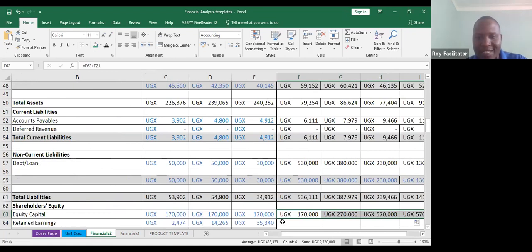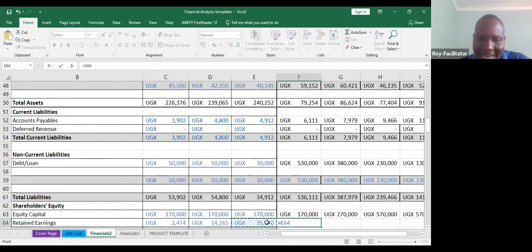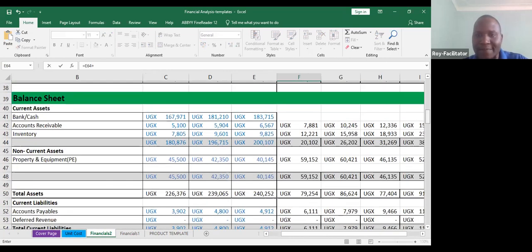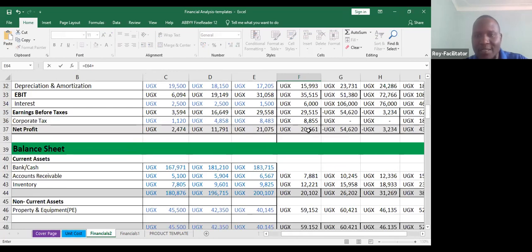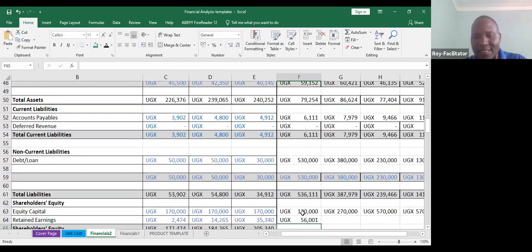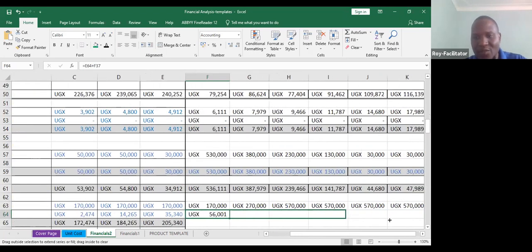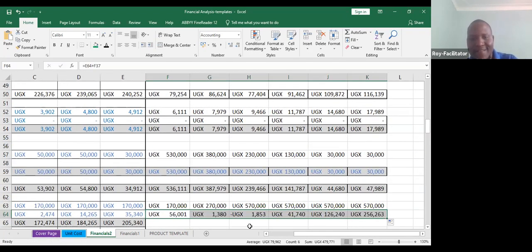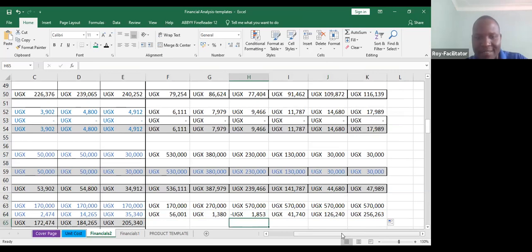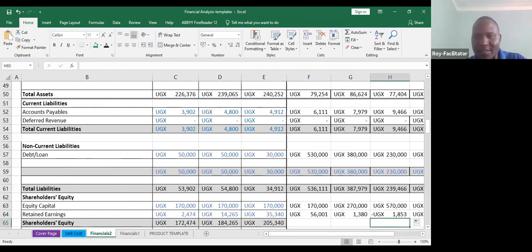And then I go on retained earnings. Retained earnings is equal to what I had plus either the profit or loss. So I just go to the profit. Where's my profit? It is there. And I paste and I extend the same formula further. And it will just compute for the other years. Okay. All right. So at this point,